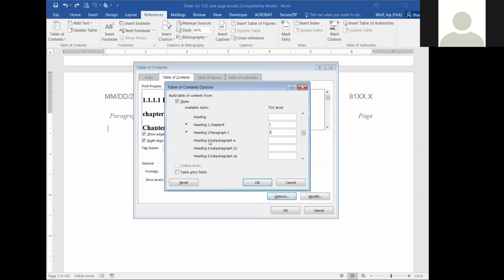Our heading 3, like the 1-1s, was this one, heading 3, subparagraph A. So we're going to make it 3. Now our appendix was actually heading 4. Most of the time it's heading 6 or 7, but on this particular document it's heading 4. We want the appendix on the first level, so we want it even with where the chapters are. So that's all that we actually want added on this table of contents, unless you want to embed the tables